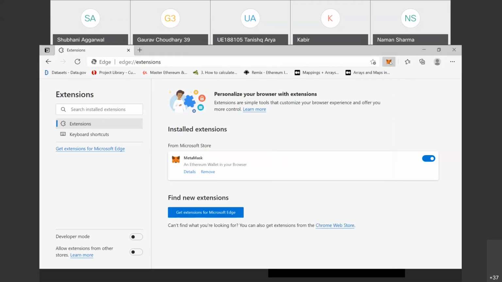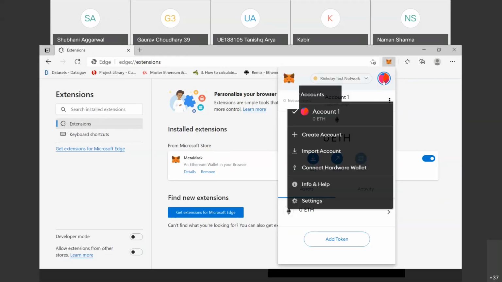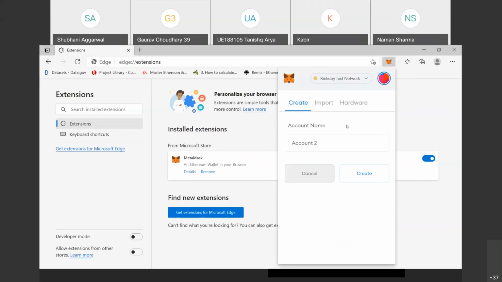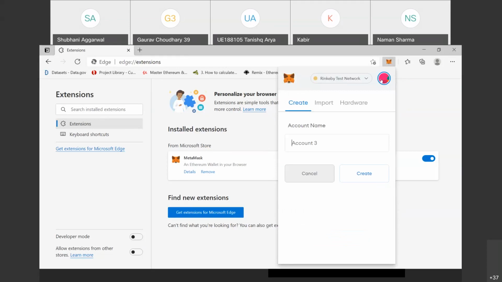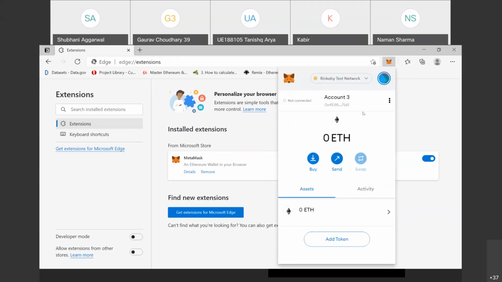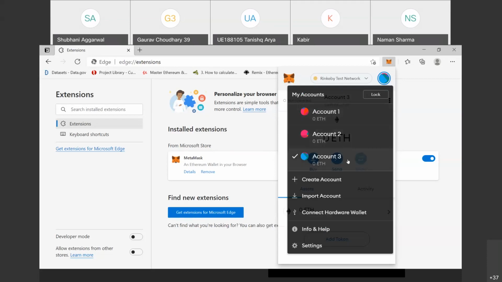Here we can create more accounts, so account 2 create and account 3 create. So we have created 3 accounts, account 1, account 2, and account 3, in your Linea test network using MetaMask.